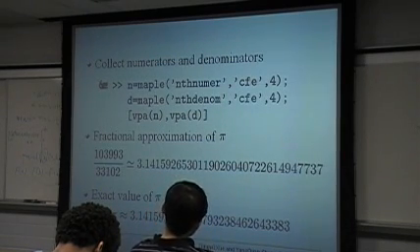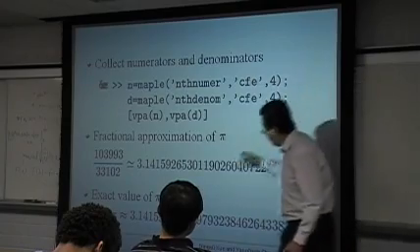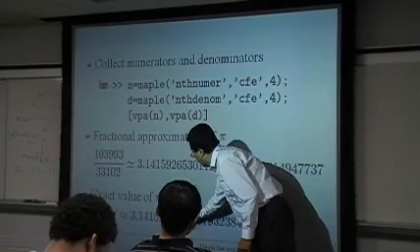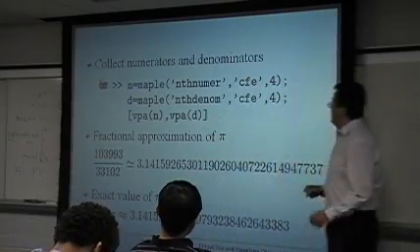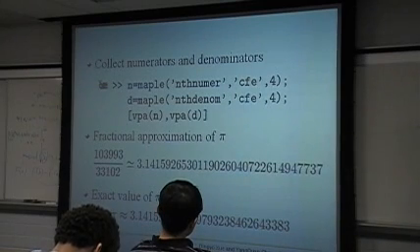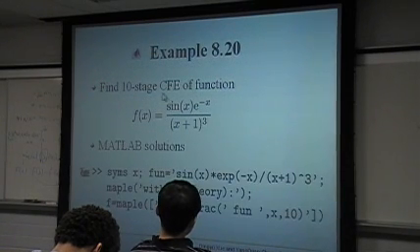However, if you need more accurate results, you have to increase the number of stages. Up to now, I think it should be okay up to this term. In this case, you only use 4 stages of continued fraction. And this is the continued fraction approximation to a given constant. So if we are trying to find the continued fraction